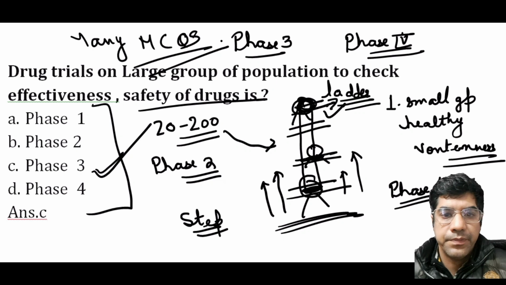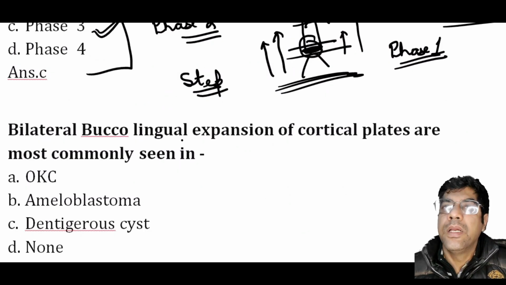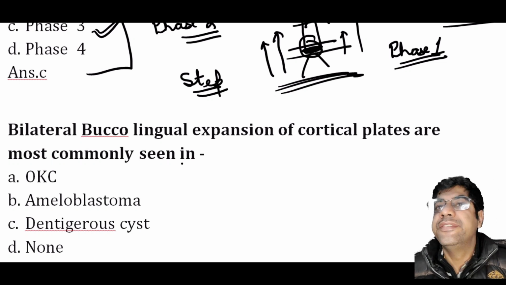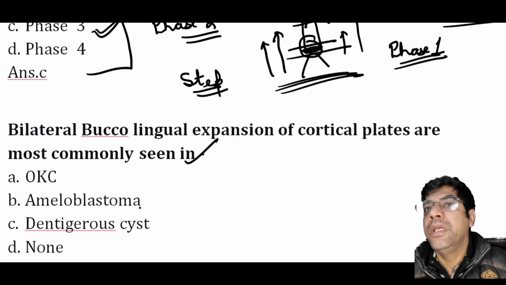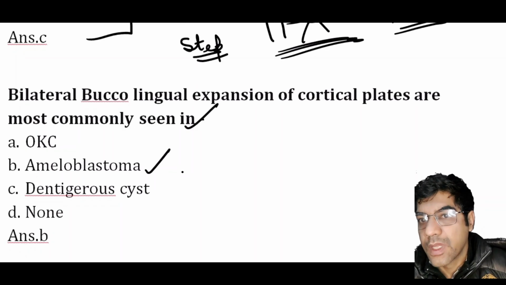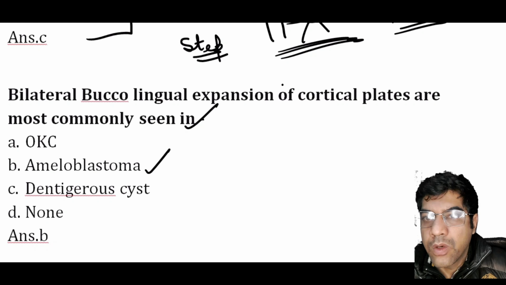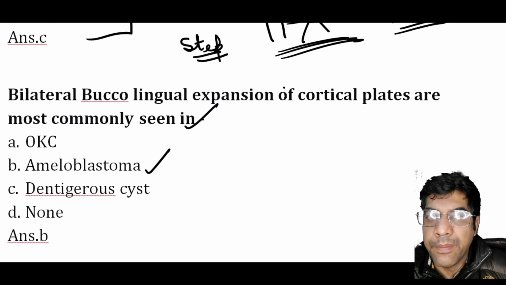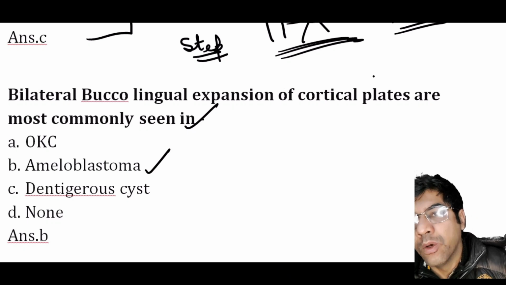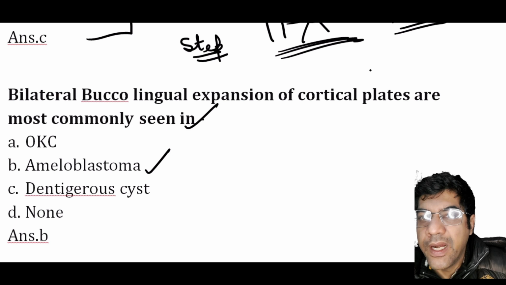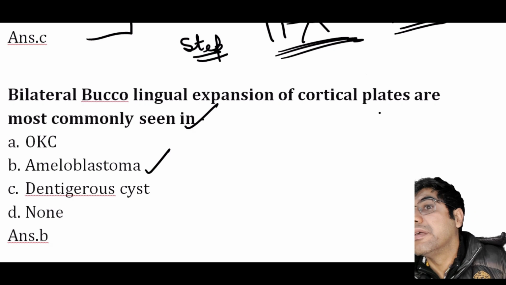Coming to the next question, bilateral buccolingual expansion of cortical plates is most commonly seen in, the answer would be ameloblastoma. Now the bilateral buccolingual expansion of cortical plates, remember, is most commonly associated with ameloblastoma. So on radiograph, you will see a rounded, well-defined radiolucency in the bone with a defined soap